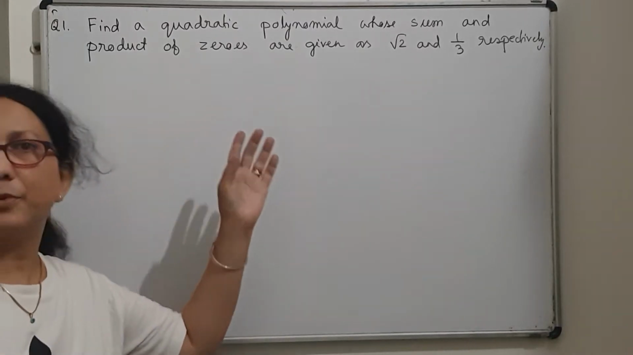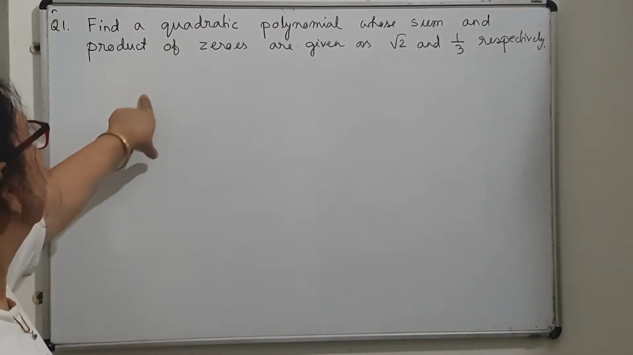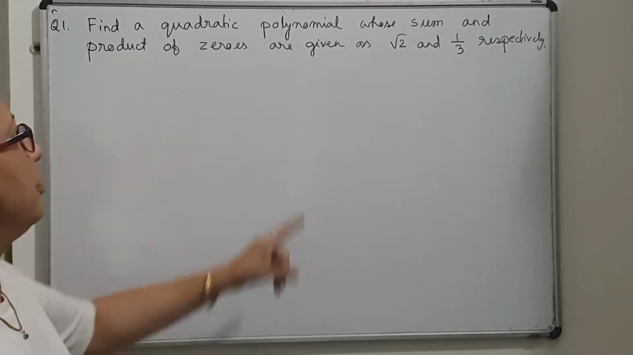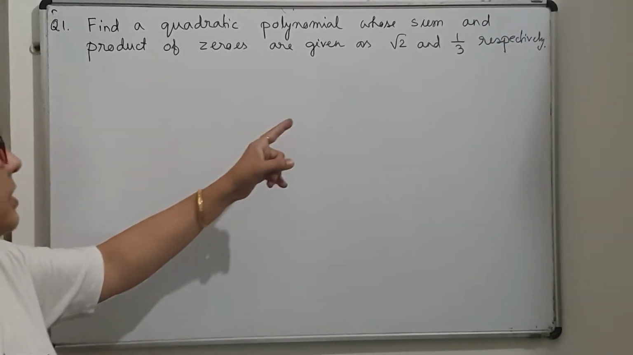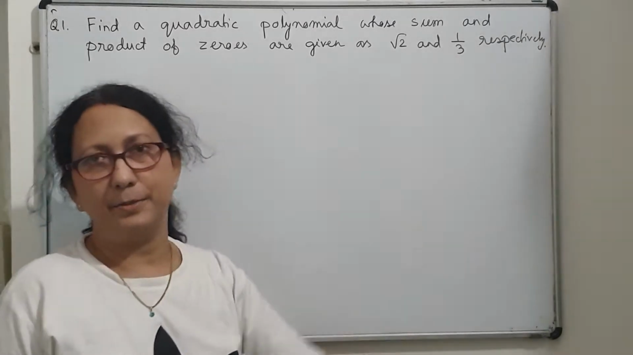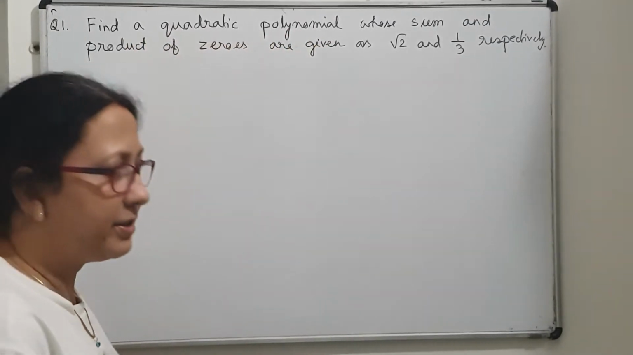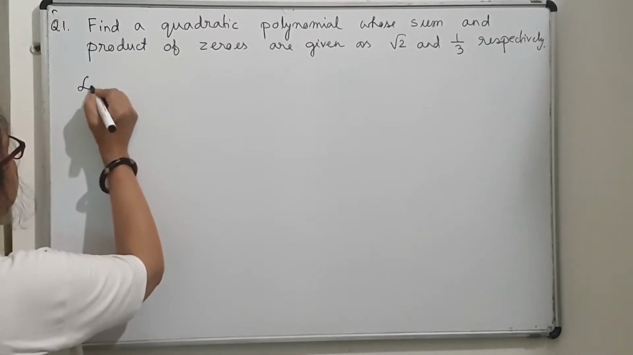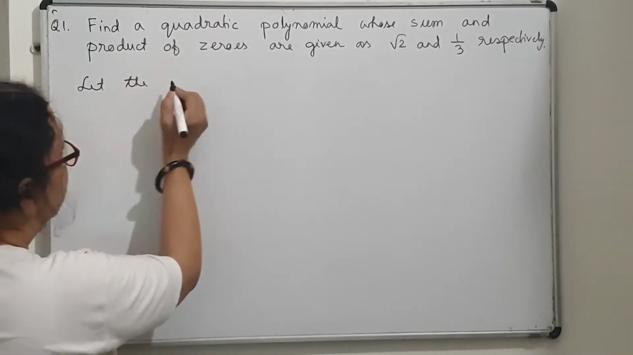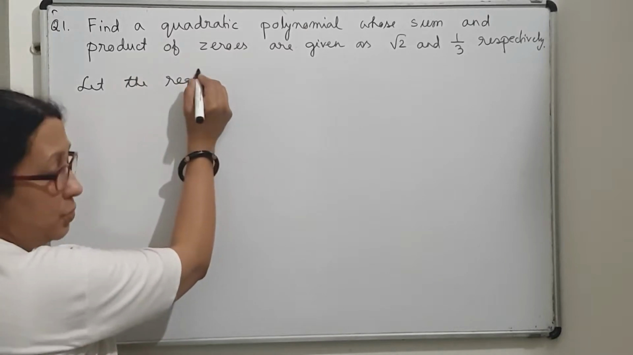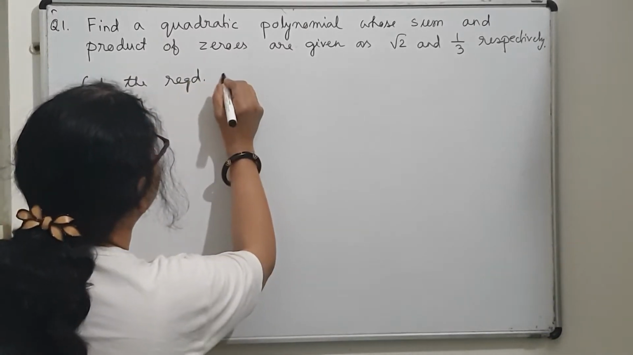So let us solve some questions on polynomial. Find a quadratic polynomial whose sum and product of zeros are given as this and this respectively. So what we do, we have to find a quadratic polynomial. So let the required polynomial, that means which we have to find out, required polynomial